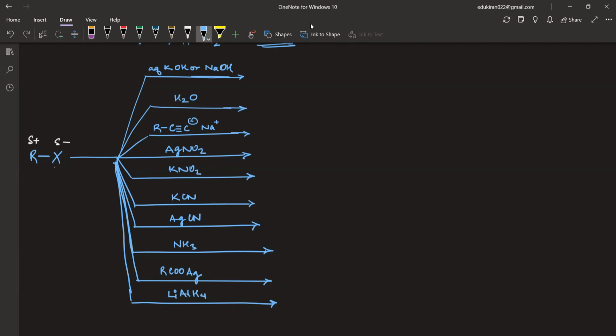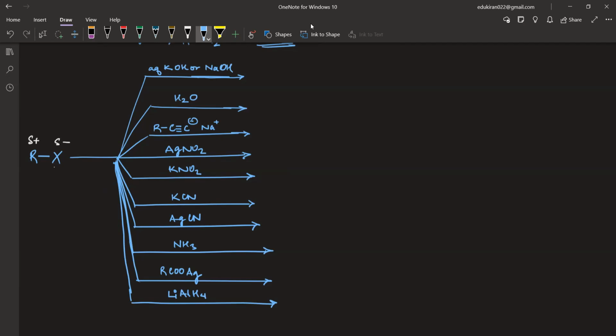तो यहाँ पे whatever reagent we have, the reagent will also have a positive part and a negative part. Yes or no, Hanifa? Yes, sir. So what do you think, which part will attack on R, the positive part or the negative part? R पे कौन अटैक करेगा? Negative part, right? Because negative will be attracted towards positive. ठीक है, अब यहाँ पे बताइए.